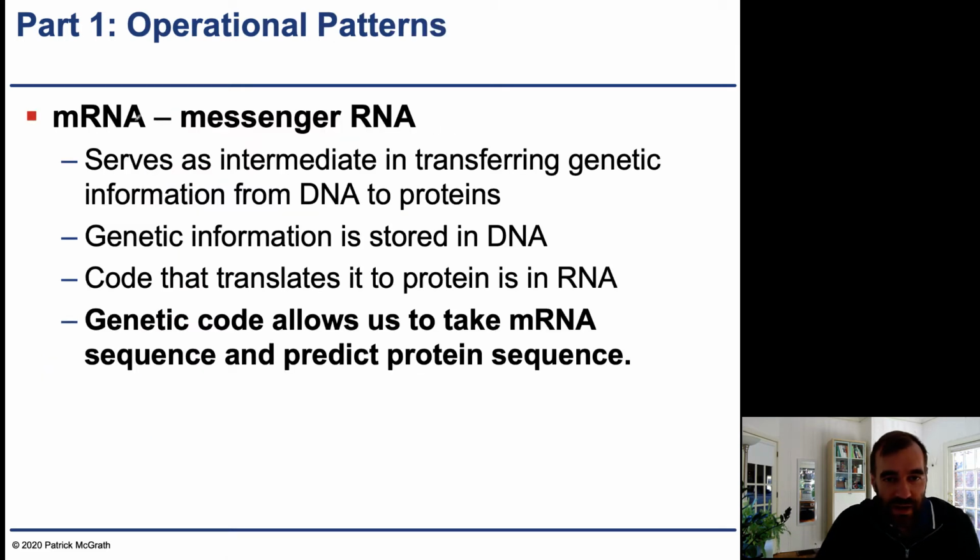mRNA, messenger RNA, serves as an intermediate in transferring genetic information from DNA to proteins. Genetic information is stored in DNA. The code that translates it to protein is in RNA. The genetic code allows us to take that mRNA sequence and predict the protein sequence. This is very powerful for us. This is part of the reason why DNA sequencing is such a useful technique: we can take that DNA sequence and very straightforwardly predict information about the proteins that get produced